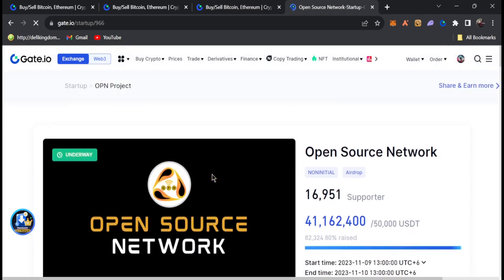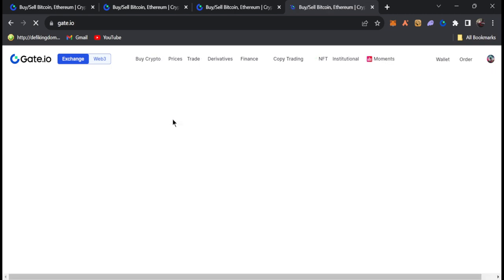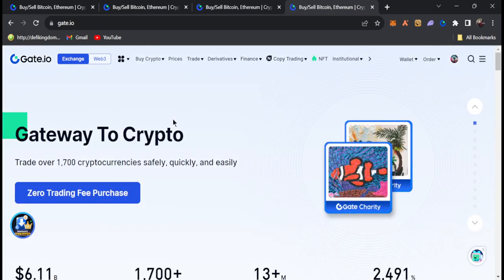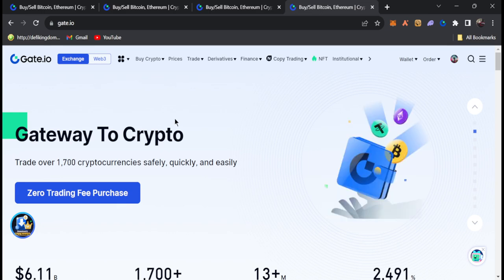So you can see this is the open source network, and today our main topic is how to participate in this startup plan. At first you need to log in to your Gate.io account. If you don't have a PC or laptop, you can also do it with your phone, with your mobile app. So just click on the Gate.io app